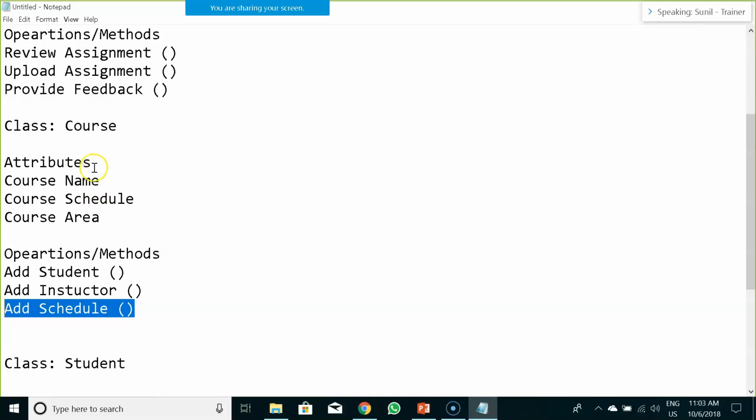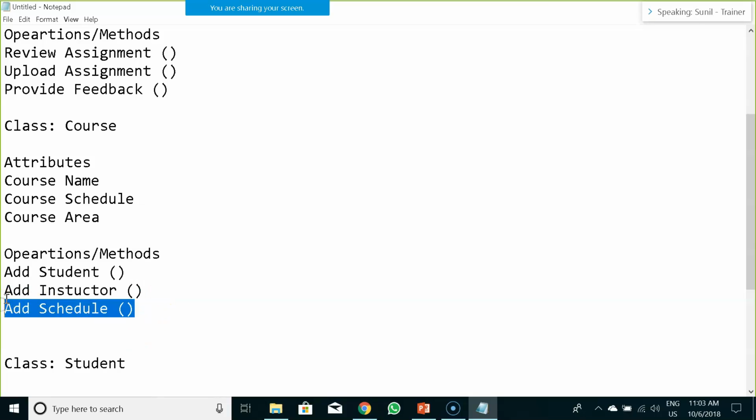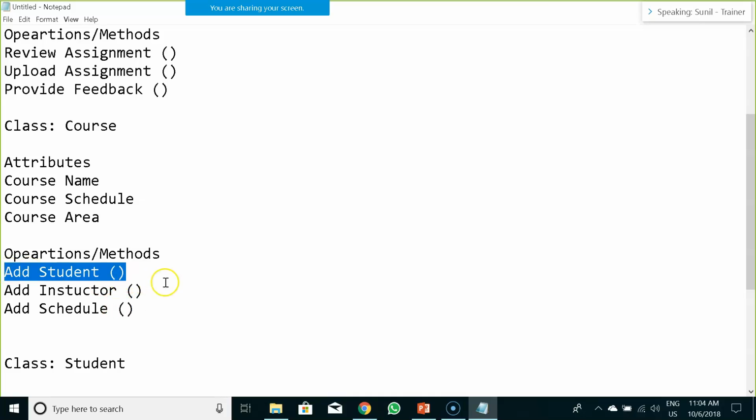Now once you have enrolled in the course, you have the course added in your dashboard, and you have the instructor added in your dashboard. In order to begin delivering that course, we need a schedule. Schedule is something that has to be there in a course. Course already has something called a schedule. Schedule is something that needs to be configured when we have the student and instructor added to it.